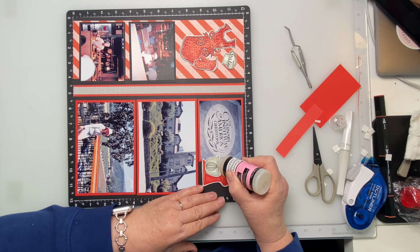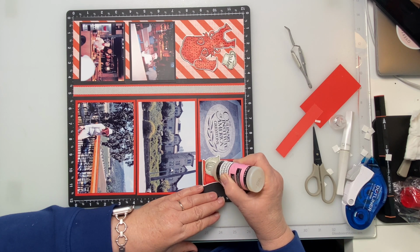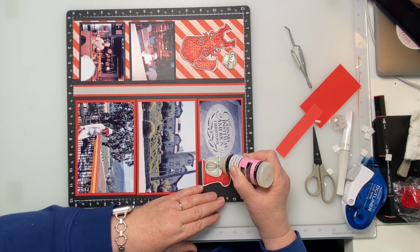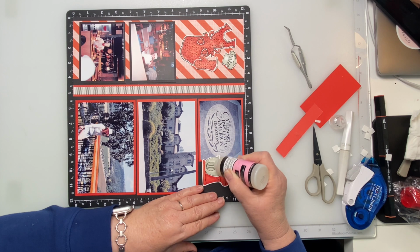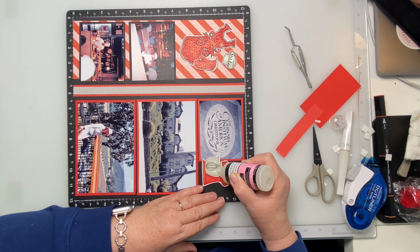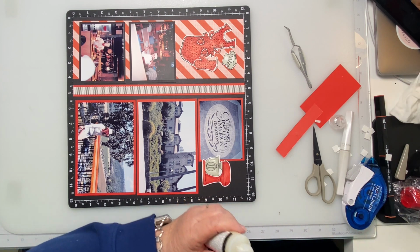This will take probably a half hour to dry. But I'm hoping that when you look at this, it's going to look like the bowl here is actually made out of glass, like the real ones. Okay, I think I have enough on there, but what I want to do is,